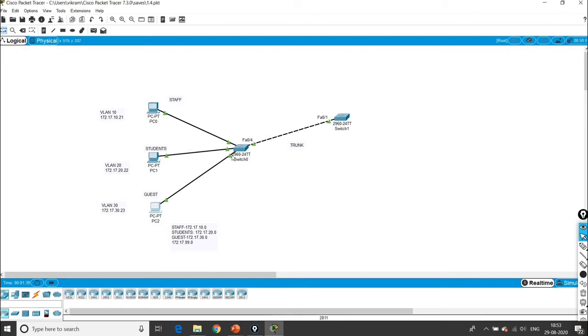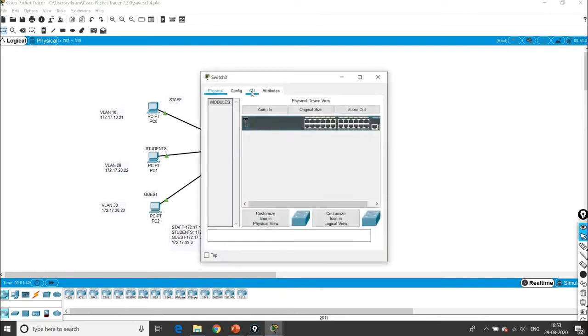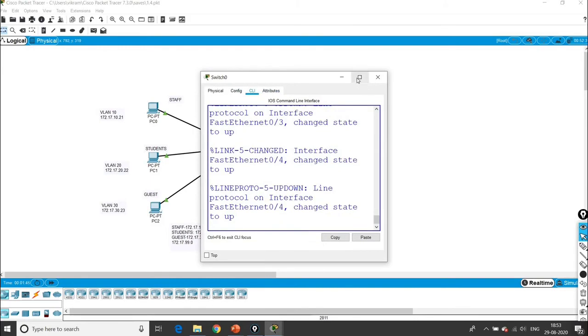So now go for the switch configuration mode. Okay, command line.